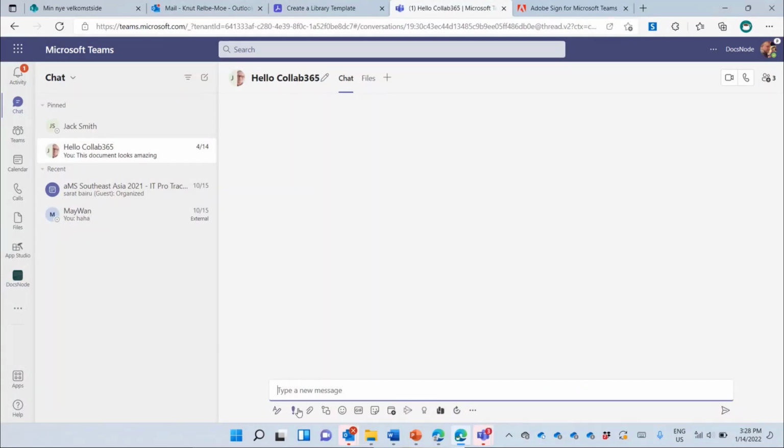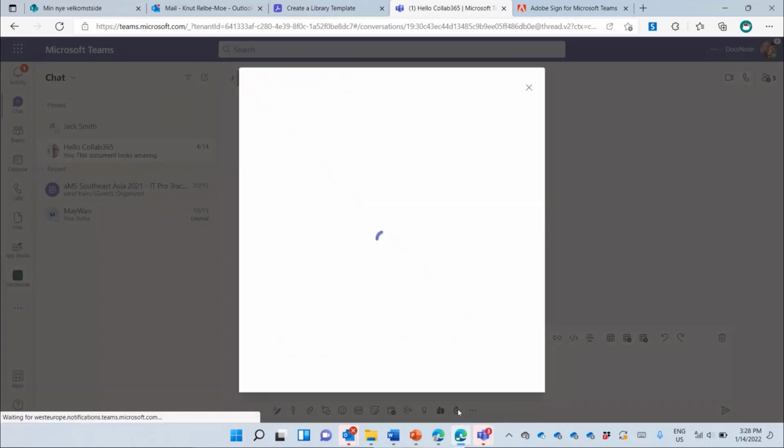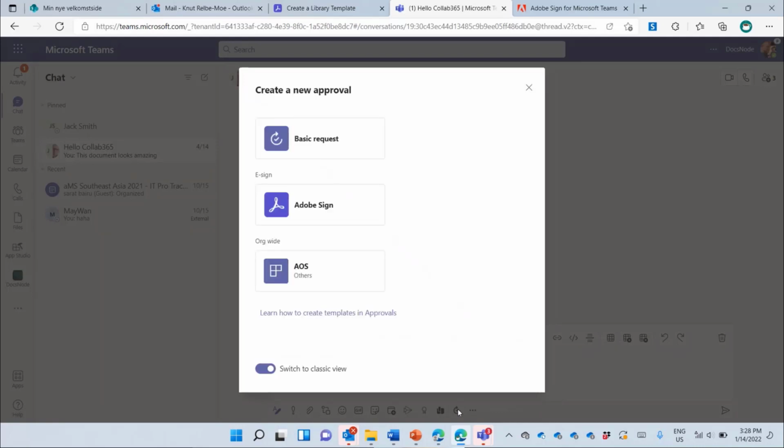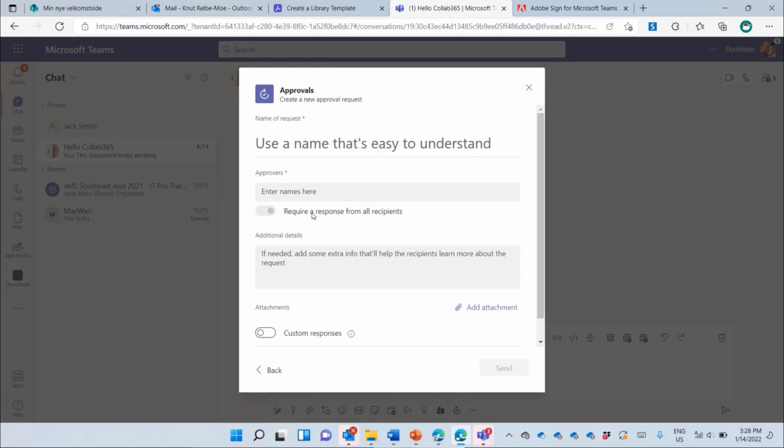So underneath here, you see that we have the action menu inside of Teams, inside of that chat. So typically, you will probably just go here and format your message, and maybe set some delivery options, or maybe you want to put an attachment in or whatever. But you can also click the approval one. So you can actually trigger an approval from within here, and then it will be sent to the persons that are in that chat. So for instance, here I will put